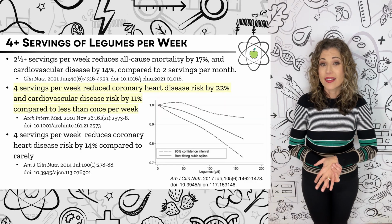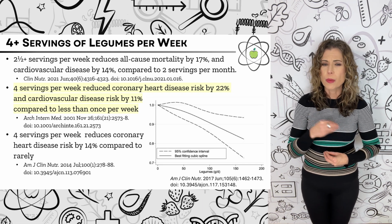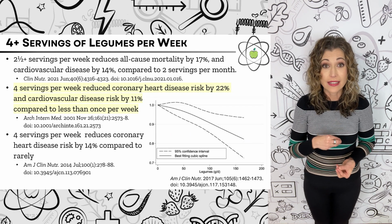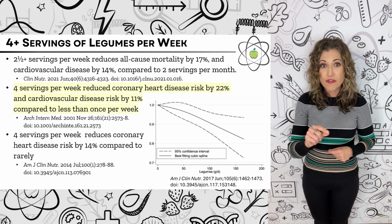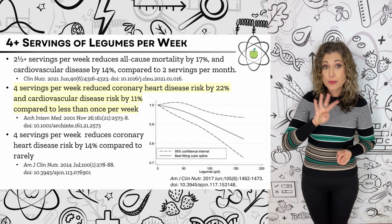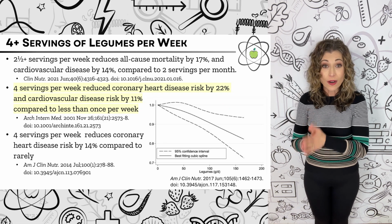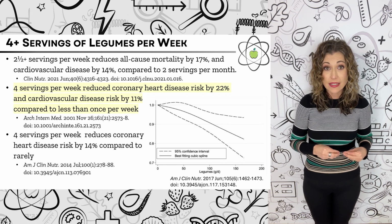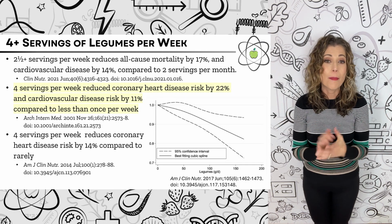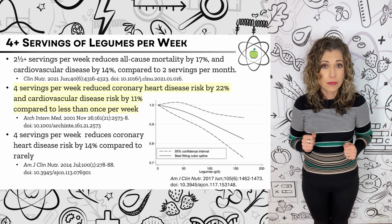In a 2011 study, eating 2.5 servings of legumes per week compared to 2 servings or fewer per month reduced risk of all-cause mortality by 17% and reduced cardiovascular disease risk by 14%. A 2001 study showed that eating legumes 4 times per week, compared to once per week or less often, reduced risk of coronary heart disease by 22% and risk of cardiovascular disease by 11%. And a 2014 meta-analysis showed that eating legumes 4 times per week, compared to rarely eating them, reduces coronary heart